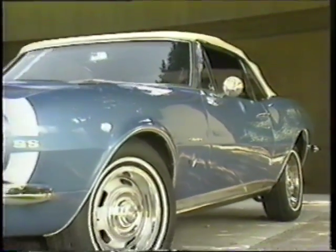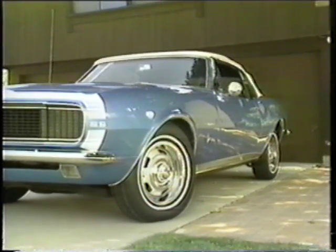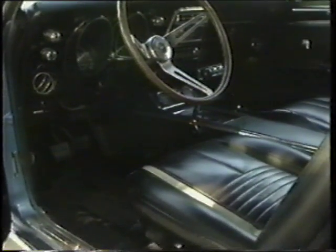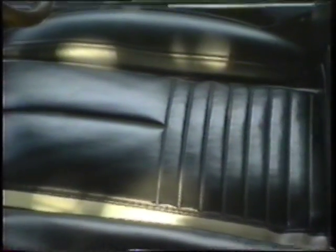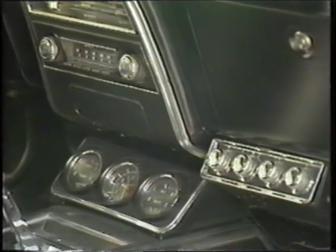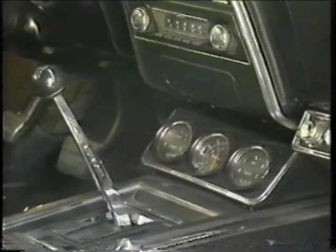This particular model is probably one of the most desirable of the first-generation cars of the 1967 through 69 era. It's an SS RS convertible and is loaded with an option list that is about a mile long. Some of the 27 options include power windows, headrests, air conditioning, fold-down rear seats, power top, full instrumentation, a 4-speed transmission, positraction, a radius rod, power brakes,